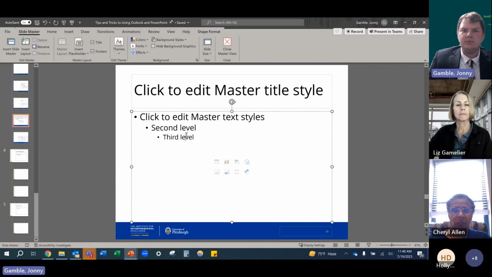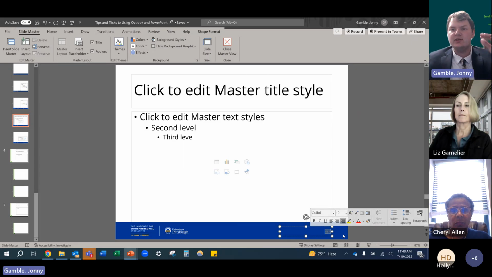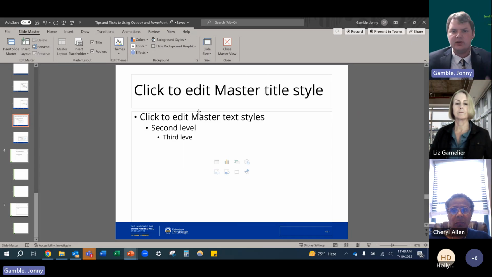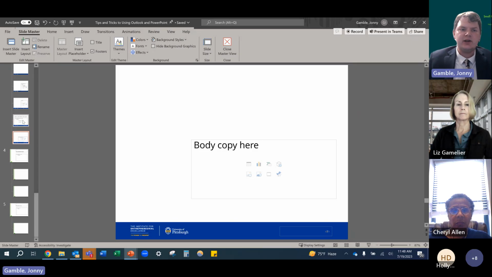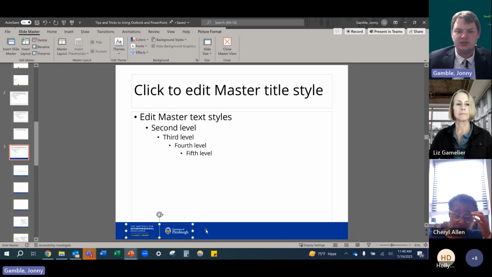So if you'll see, I can go in, I can edit different things. We have page number set on there, so I can edit if we don't want a new slide using that templated, those new slide versions that have page numbers on there. We can go in there and edit different slides then. We can also even edit something like background details.